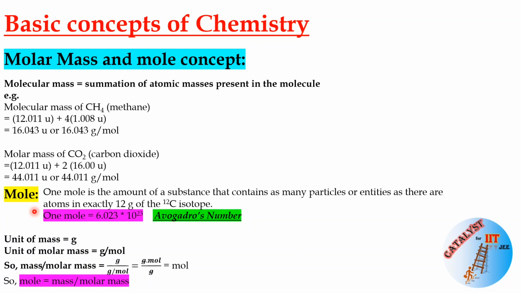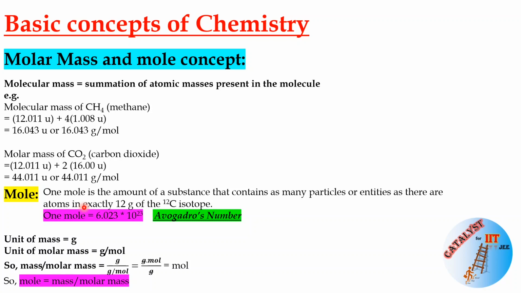So, the concept came that if you calculate a sufficient amount of a molecule, which is measurable, like if your mass is 1 gram and you went to a shop, but 1 gram is not possible to measure in that shop. So what you do, you take a sufficient amount like 1 kg which is measurable, and then come back and count what is the number of quantity you get.